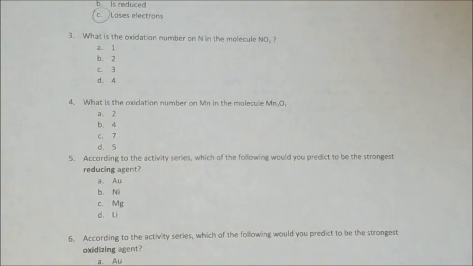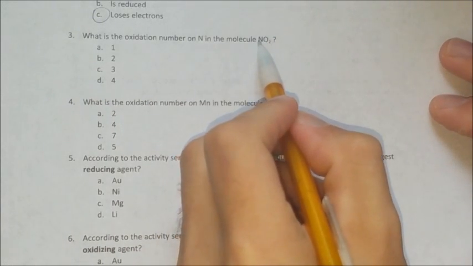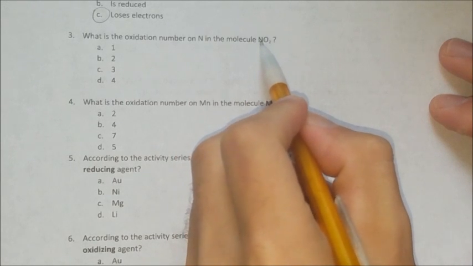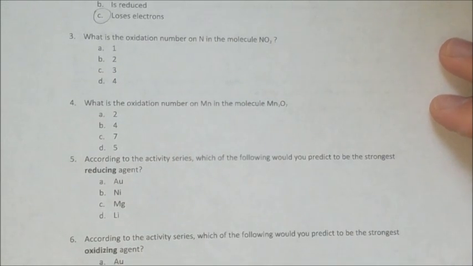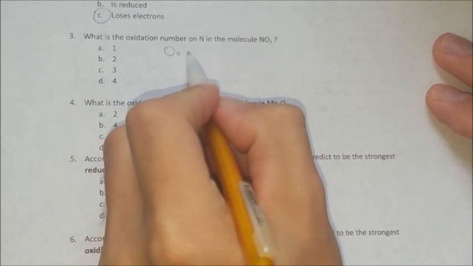Now for number 3, what's the oxidation number on the nitrogen in the NO2 molecule? So this will just be really simple as long as you remember that the oxygen carries a -2 charge. So if it carries a -2 and you got 2 of them, then that means that the nitrogen, in order to make a neutral molecule, has to have an oxidation number of +4. So just writing this out, the oxidation number